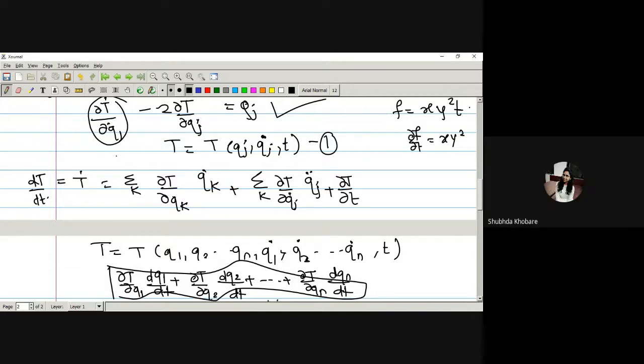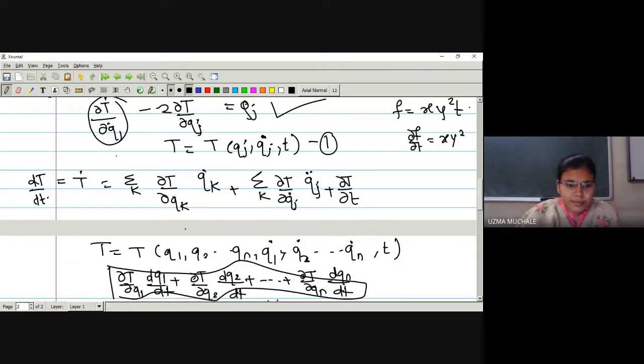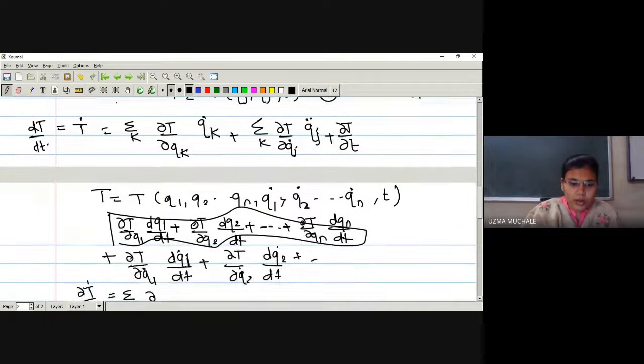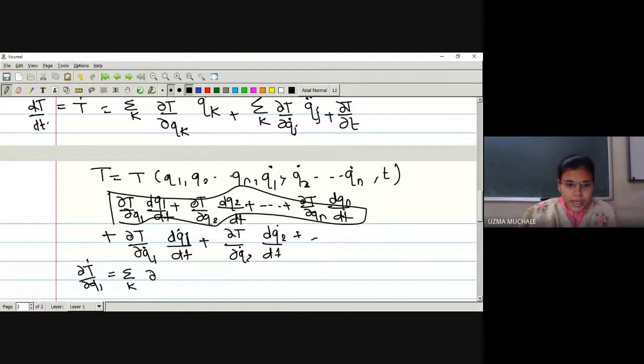Okay, so here also, if you are going to differentiate T with respect to qk, again it will be some function of qj dot and t. So for that, we have to now use the u into v rule. Here, this is also a function of qj dot, and this is also a function of qj dot. Both are functions of qj dot. So first, we'll write down this as dou 2 T by dou qj dot into qk, this term as it is.